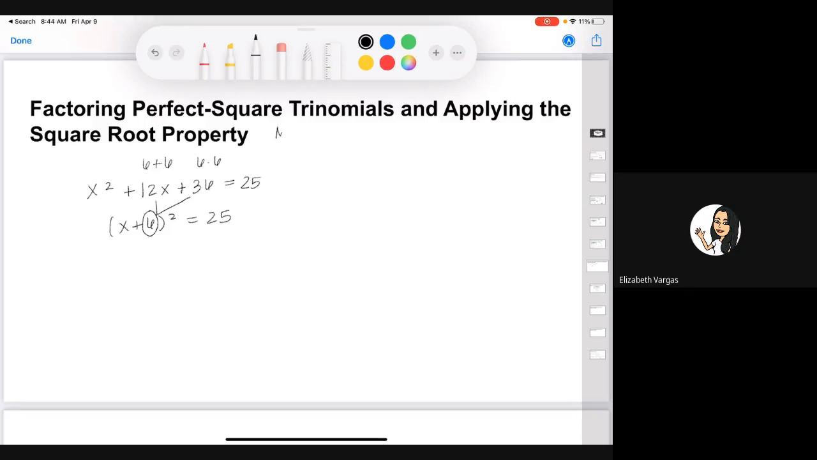So it needs to be multiplied together to give my c and added together to give my b. And what I mean by this is this equation is in this form. So multiplied together to give me my c and added together to give me my b. Okay? So now I have my perfect square. So now that I'm able to factor and find my perfect square,